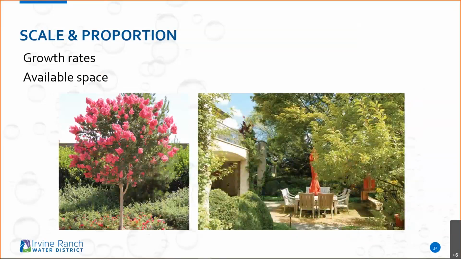Oh, earlier I was talking about scale and proportion. One thing is, always look at those little labels on the plants, do a little research on these plants, and allow them to grow in as natural as possible. One thing I really hate to see is plants pruned up into little balls and squares and shapes. I like it to grow in a little more natural, but for it to grow natural, you really need that room. And a lot of these pictures you're seeing are plants that are found throughout California that are very, very common.